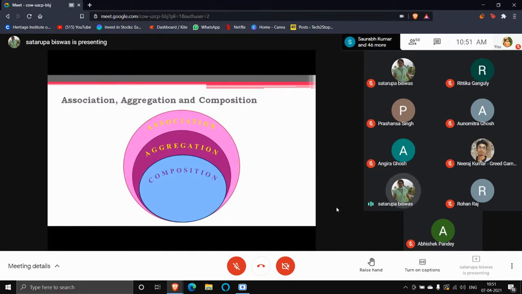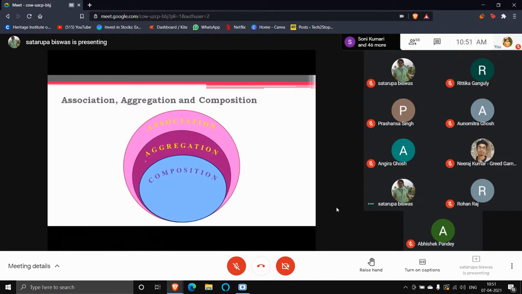Okay, under that there comes aggregation. Aggregation means one class is having some relation with the other class, but they are not dependent for their existence. So the student class is present, the department class is also present. But if a particular student is not in a department, that department will not have any problem.